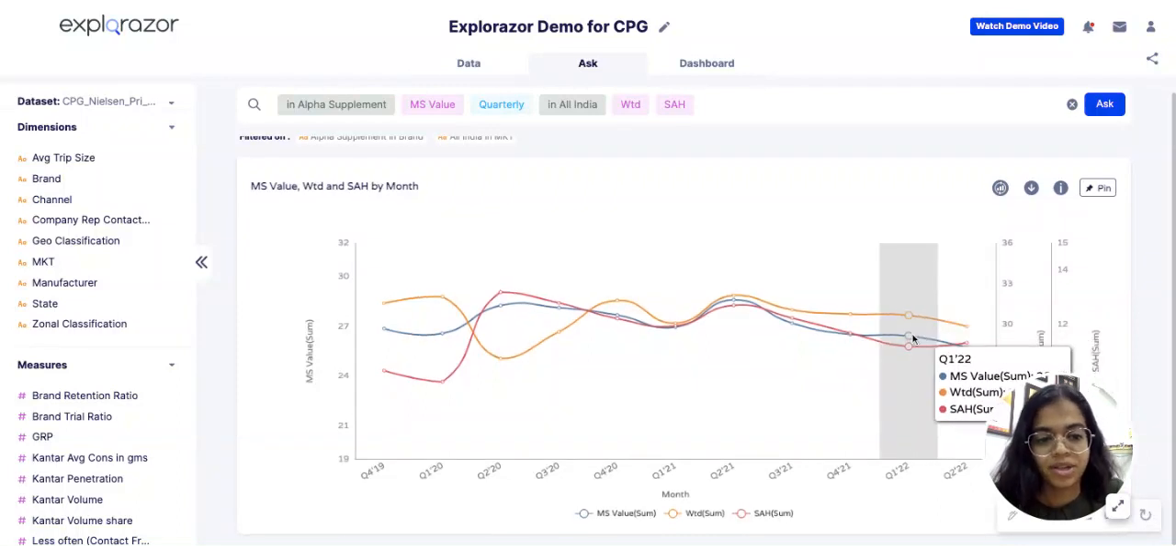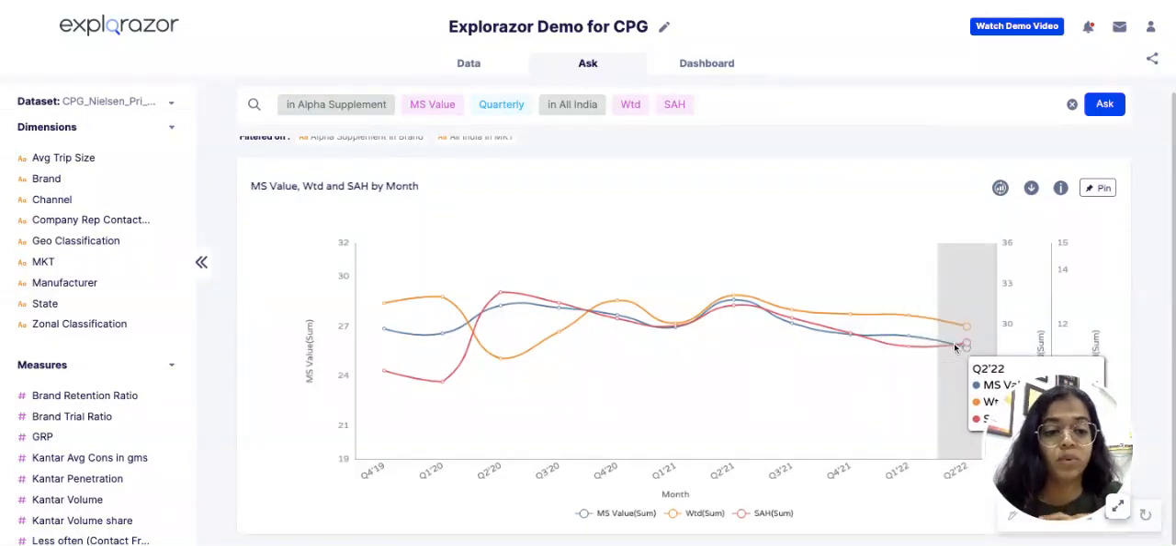Okay, market share, as we know, has fallen down. In red, we have share among handlers, which has actually improved, which is interesting, right? Typically, when weighted distribution falls, many other metrics tend to fall. But if SEH has increased, it means that there is demand at the store level. It means that you need to push your products into more stores or improve the distribution to the